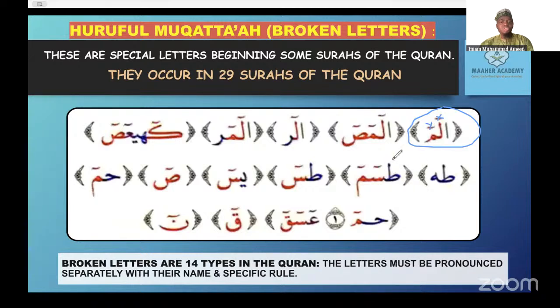Harakatul mad. I'm going to recite each of these and I'll tell you the rules that actually make me do it that way. So like this one here, you want to pronounce this. So you pronounce the name. So the letters are pronounced, and although they are joined together, they don't pronounce with a sound. You pronounce each individual letter separately. So like this one will be alif,